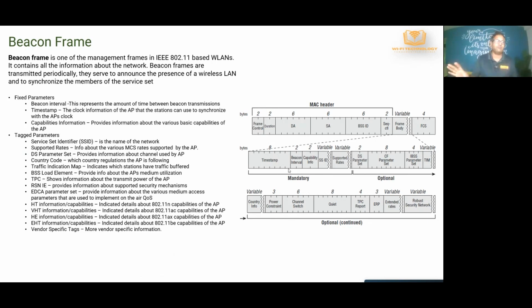Every beacon frame has the fixed parameters, right? And then there are the tagged parameters. Tagged parameters are optional or variable parameters, so they can change based on the different types of beacons, right? So some APs might have only 3 tagged parameters, some might have 5, some might have 10, based on its